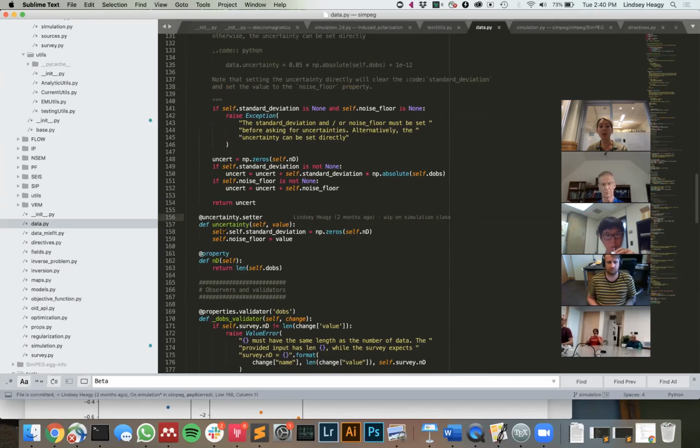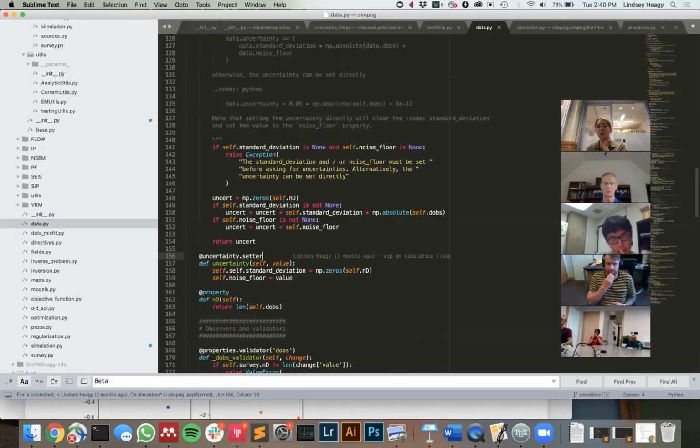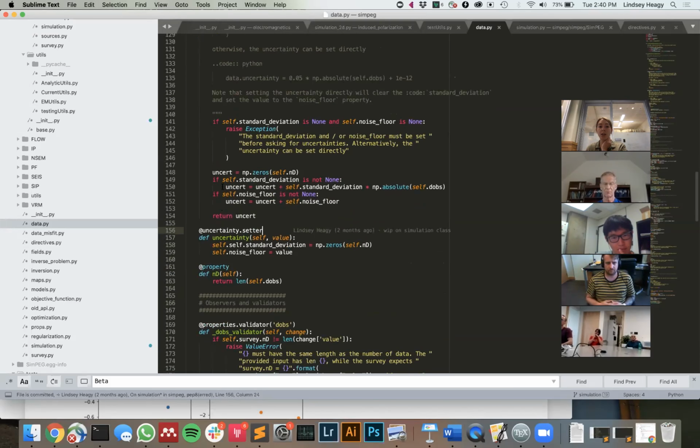You can set the uncertainty directly. It clears the standard deviation and sets your value as the noise floor. If you then went in and re-added a standard deviation, that would be a bit funky, because you would have the uncertainty that you set as a noise floor, and then you would have added back a new standard deviation. So when we go in and calculate the uncertainty, all it's doing is saying,